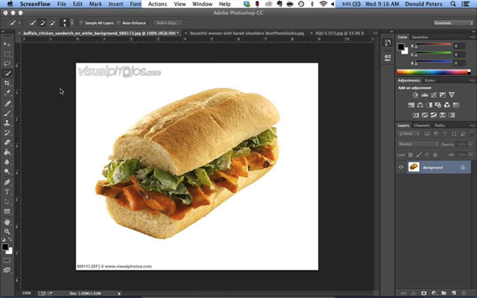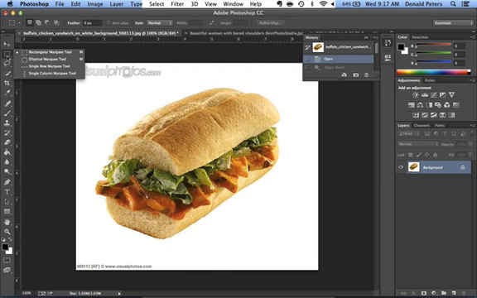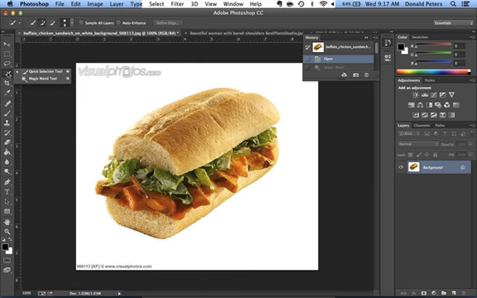Okay, so I can come down in here. I have different selection tools, right? We've talked about the selection tools, the marquee tools, the lasso tools, and the selection tools. Now, what we're going to talk about most here in this little video is the Magic Wand tool. Magic Wand, what it does is it goes through and it figures out, okay, everything in here is one certain color, so I'm going to select everything of that color that's connected to that same color. So if I click in the